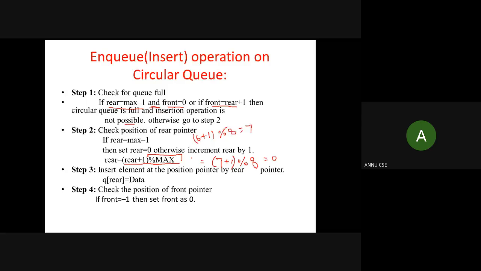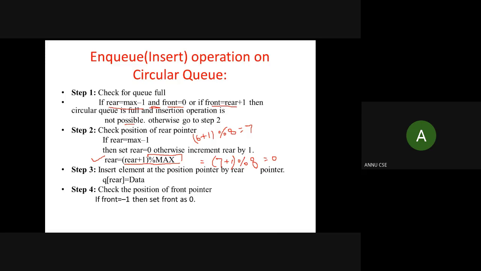So we can always utilize this formula to calculate a new value of rear. Doesn't matter if rear is pointing to 6 and next value should be 7, or rear is pointing to 7 and new value should be 0. By using this formula, you can find out any value of rear.